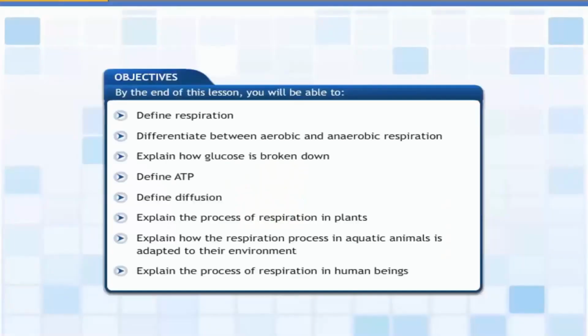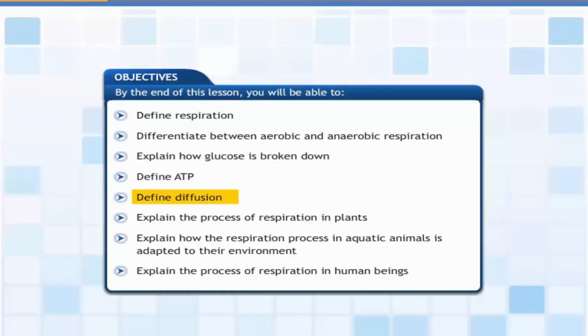This lesson is about the process of respiration. By the end of this lesson, you will be able to define respiration, differentiate between aerobic and anaerobic respiration, explain how glucose is broken down, define ATP,